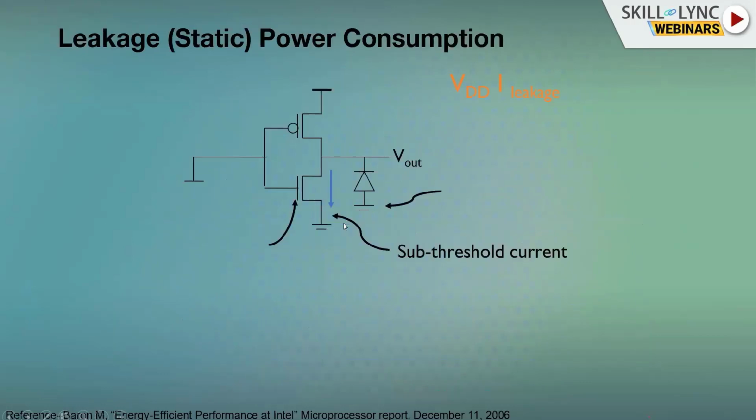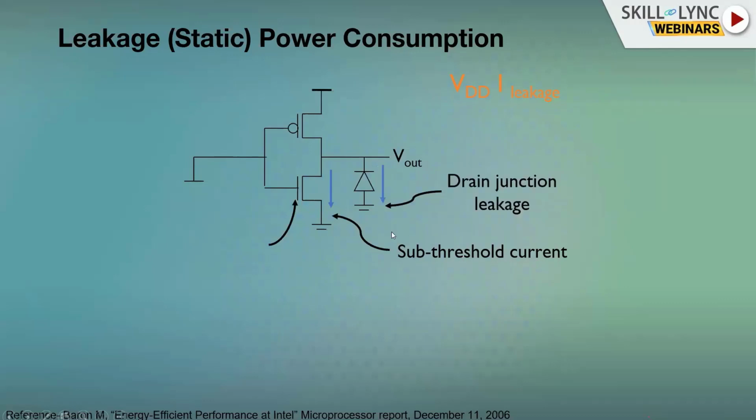Next, we go to the next slide. We understand more about leakage power. Here, if you see, the leakage power is mainly two things: VDD and I leakage. And the I leakage is contributed mainly by four different parameters. One is the sub-threshold leakage current, which flows when you apply a 1 here and it is actually grounded. When you ground it, there is an amount of leakage current which flows back from this path, resulting in sub-threshold current.